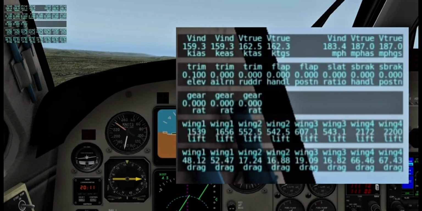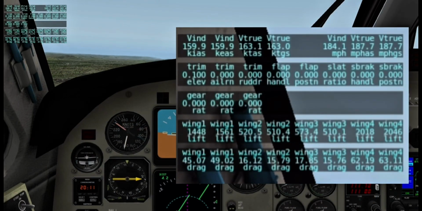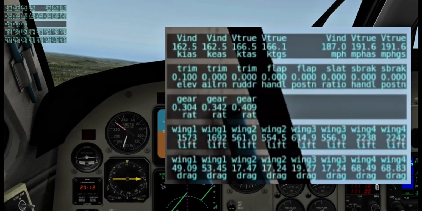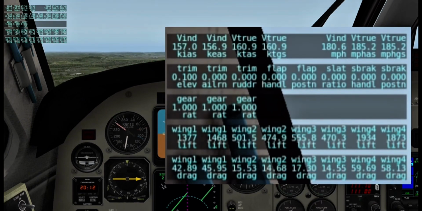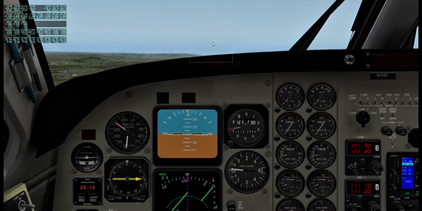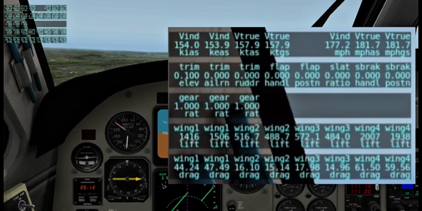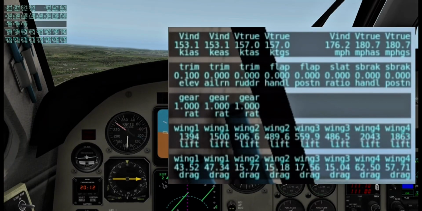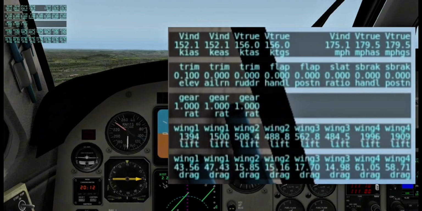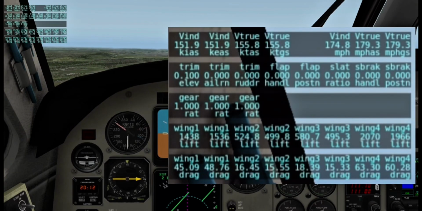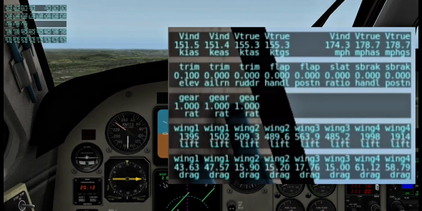So as we see here, we are going around 160, 163 around there for all 3 trials that we see, with lift in the wings of about 1,400. And we see that we have a drag of 44 newtons, 15 in the other one. This is obviously with the flaps up. And now we're going to see how the velocity changes